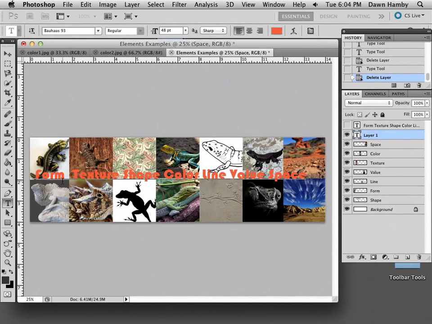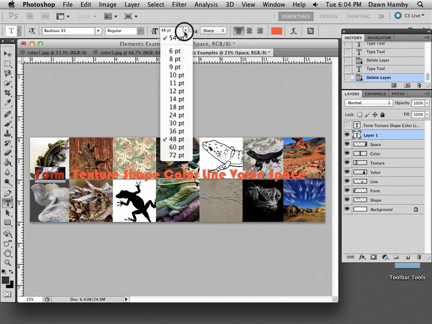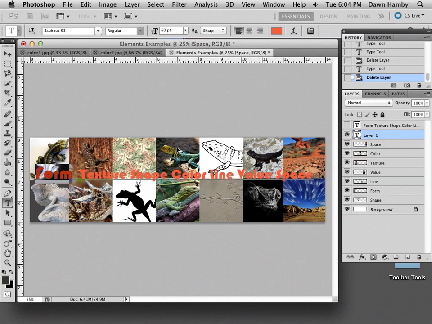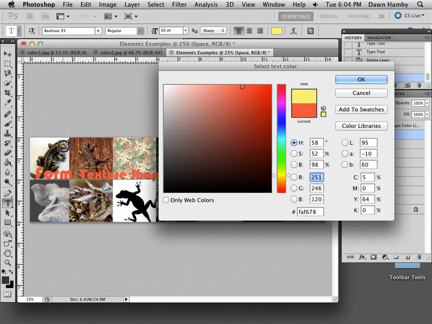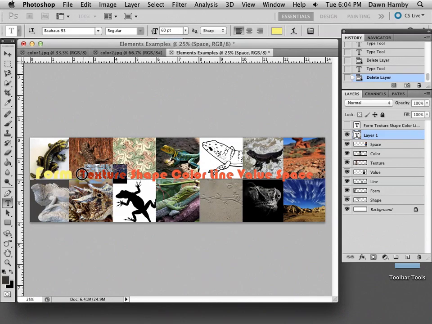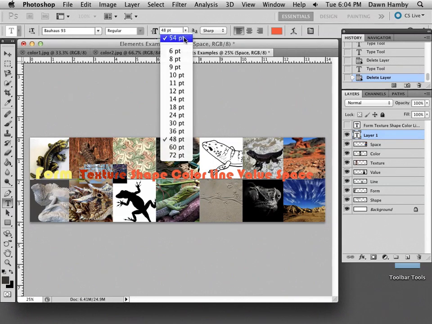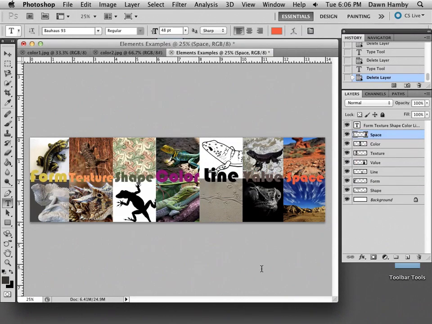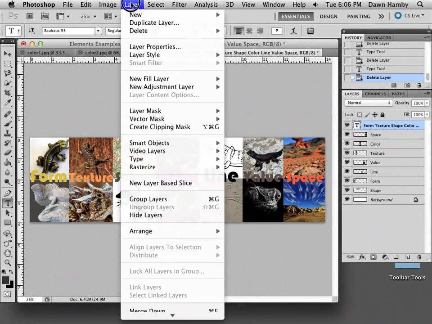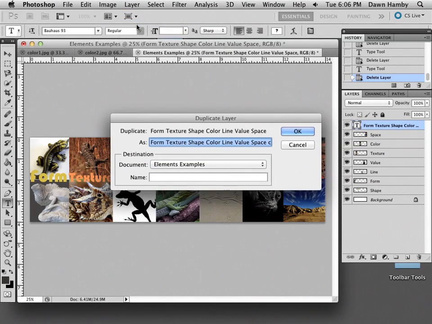Now use the Type Tool menu at the top to resize and recolor each word so that it fits within the space and it matches the examples. Once you've resized and recolored each word, you might notice that some of the words are hard to read in certain places. You can create a drop shadow by clicking on the text layer, creating a duplicate layer,